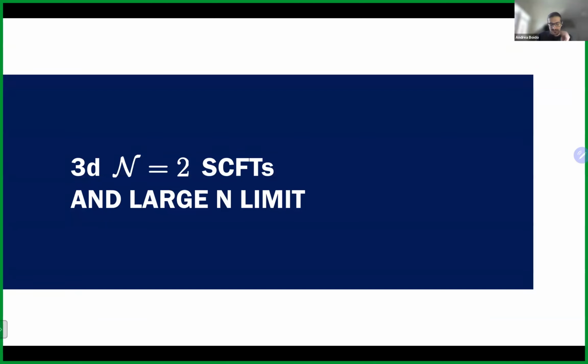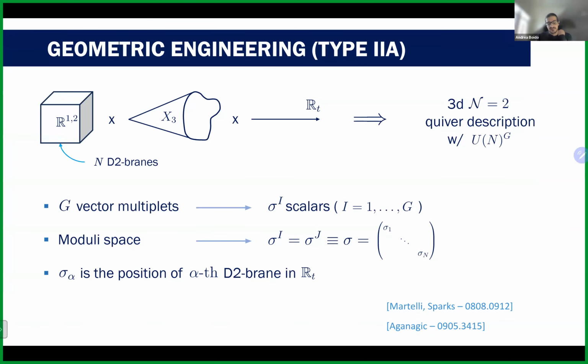So, the three-dimensional superconformal field theories. In most of the talk, we will focus on the 11D geometries, but I need to go back to type IIA now, to the geometric engineering of these field theories, to motivate some of the results we have later. So we consider this geometry in type IIA. We have a flat space R^{1,2}, and then we have, this time still a conical Calabi-Yau, but it's a threefold this time, and then we have a real line, which I'm calling R_t.